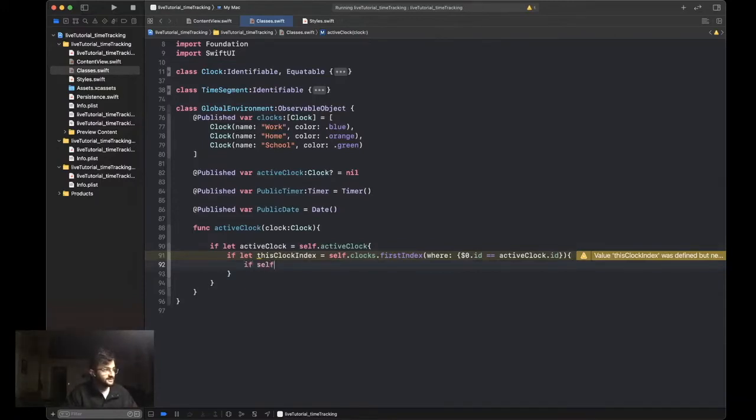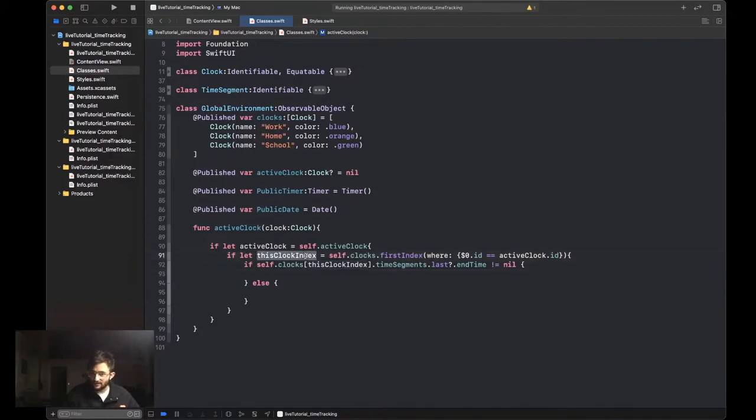We'll say if self.clocks, this clock index dot time segments dot last dot end time does not equal nil, then we'll do something. We'll say else, we'll do something else. Let's run through this expression. Once you find the clock I'm looking for, I want you to go look at the time segments, find the last time segment in there, and if the end time of that last time segment is not equal to nil, well then something,